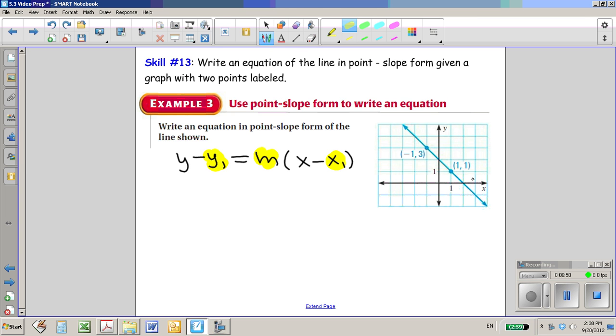Now let's just take a look at this. We want to make our life easier, so I have 2 choices. I can either use this point here, negative 1, 3, or I could choose 1, 1. I'm going to go with 1, 1 because the numbers are both positive and the numbers are smaller. So that's what I'm going to choose, but I don't have to. So I'm going to replace